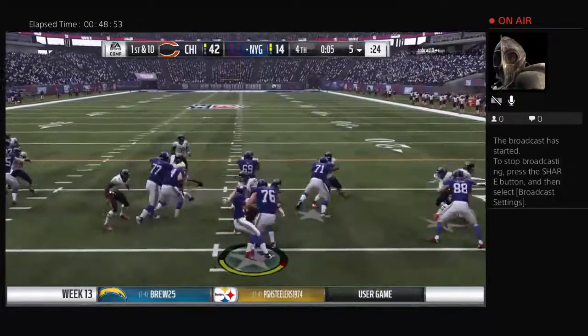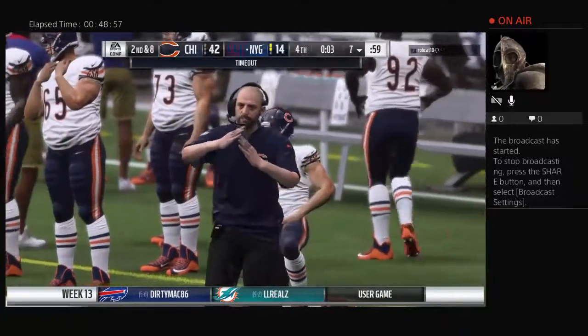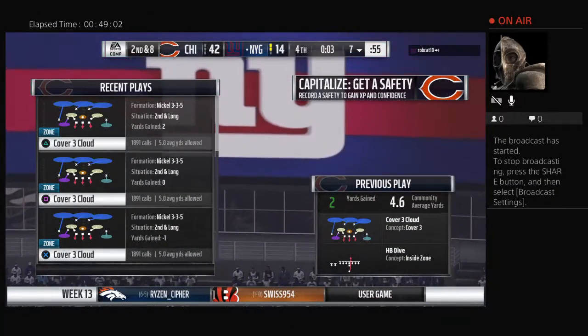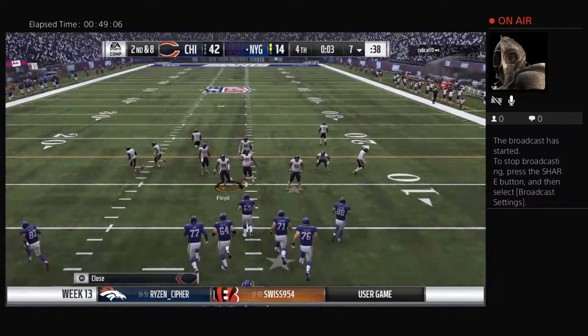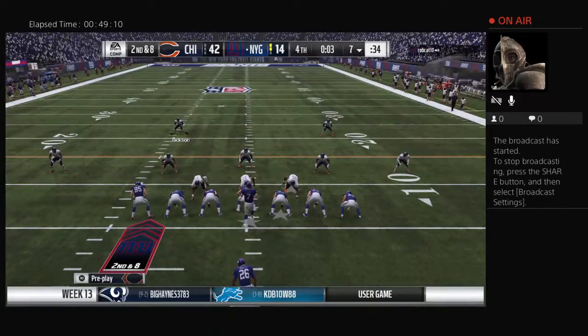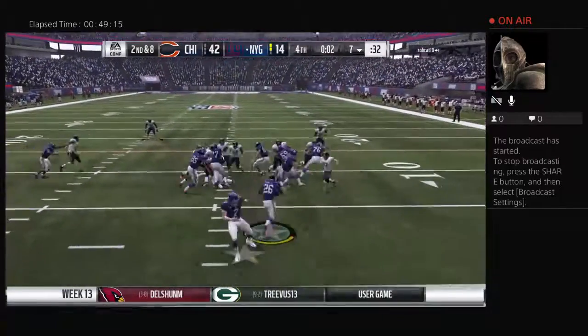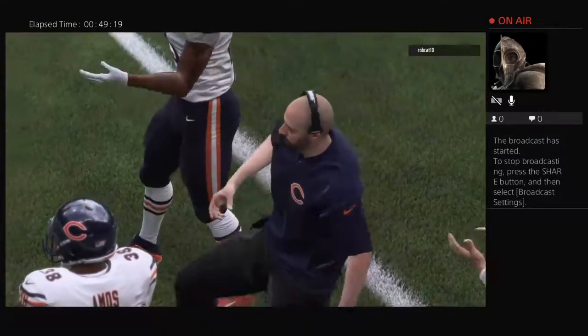Here's a give to Barkley. And he'll take this forward only up to about the 7. And a timeout comes in. The whistles blow with 3 seconds remaining. That first down play, all you want to do is wedge out any type of space and try and create enough room that if you have to run the punter out there, he can successfully complete the punt. Yeah, didn't get a ton there, but at least some positive yardage. They'll go to Barkley again. And he'll take this for a short gain on what will prove to be